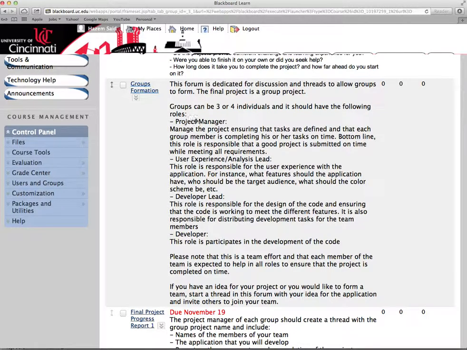One will take a lead on the management of the project. This is the person responsible for ensuring that all the discussion boards, all the reporting that's required is done on time, the app is submitted, the presentation is made, everybody's doing their job. A person is responsible for the user experience, which means this is the one who will take a lead on building the user interface, building the storyboard, and so on. And one person will take a lead on the development, which is writing the code.